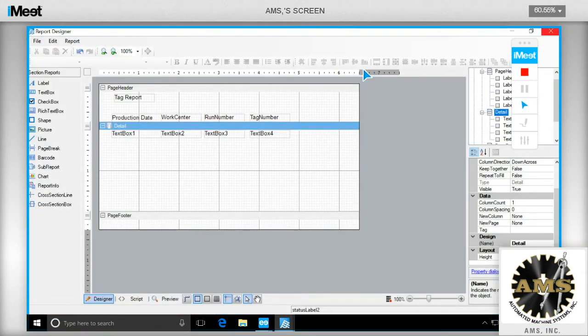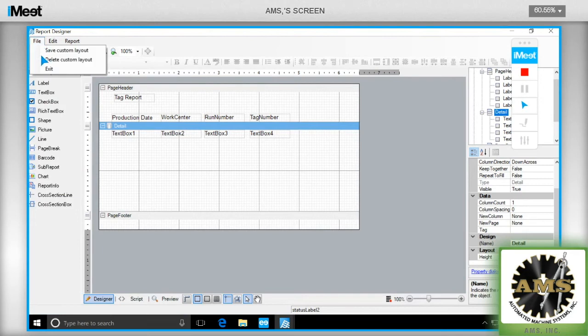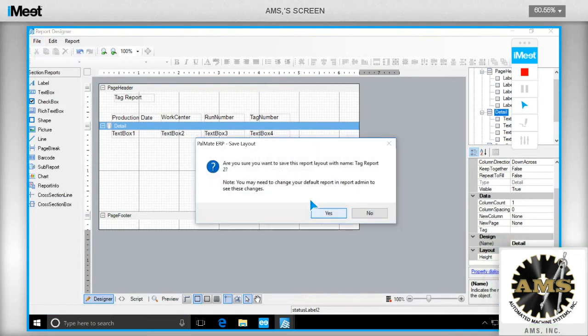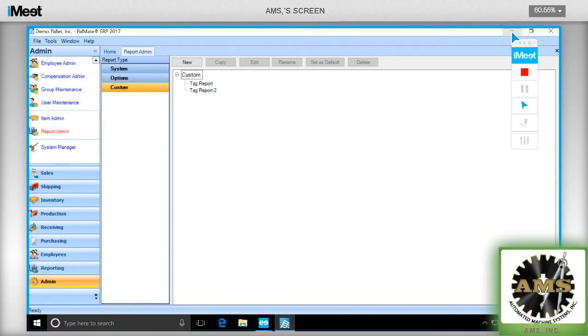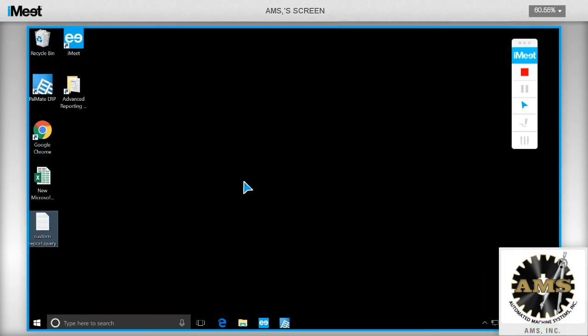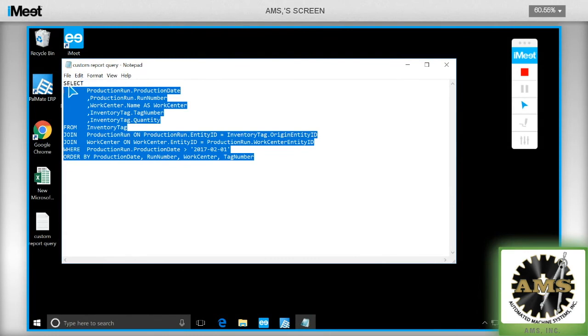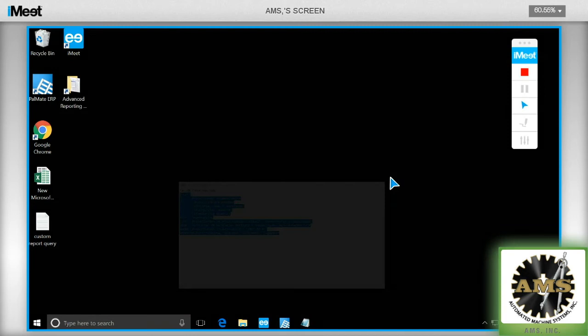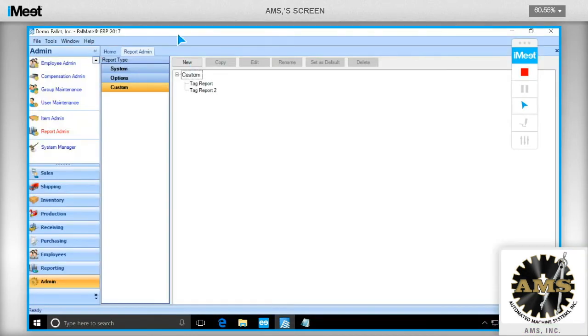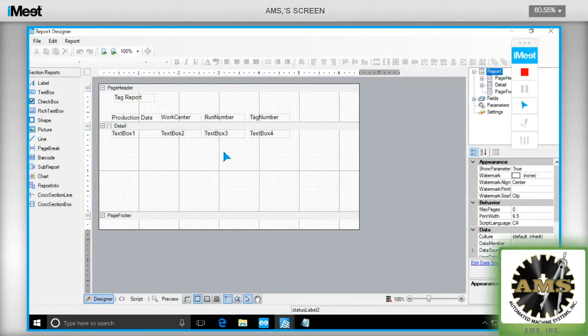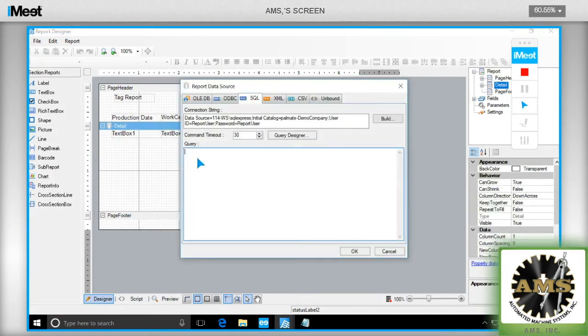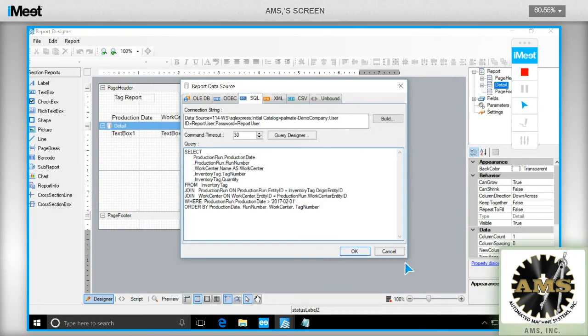let's see, let me save this. It's on my desktop here. Custom report query. All it is is just a query that I'm going to copy and paste. So let's just say this was given to you by your SQL person. You can pop into here, edit this, and then go into my SQL, paste it,